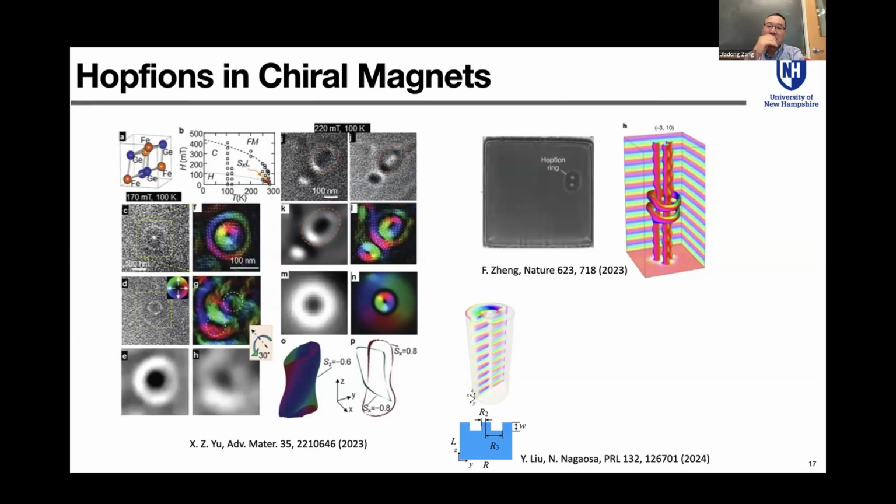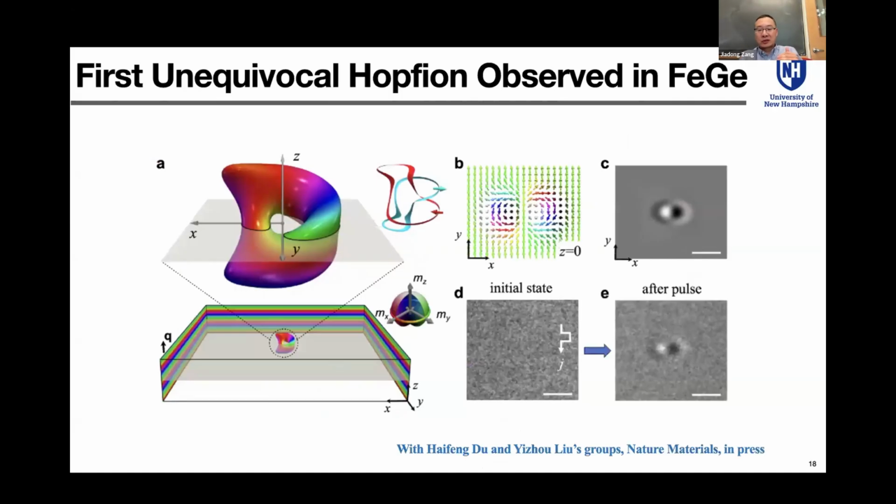On the right up, this was a recent paper, a Lorentz transmission electron microscope, again on iron germanium. And they saw these very interesting patterns, and the theoretical calculations support that it is some strings of skyrmions wrapped by a Hopfion. And also there are other theoretical predictions of designing some notch and then sending current, and the skyrmion will be created. So recently, in collaboration with a group from the High Magnetic Field Laboratory in China, we made